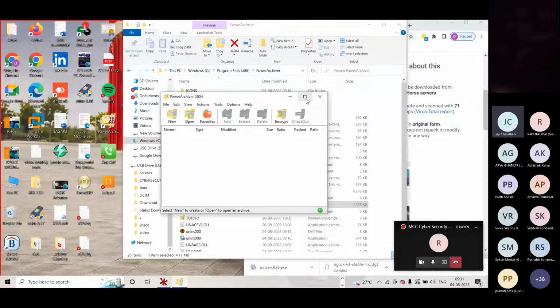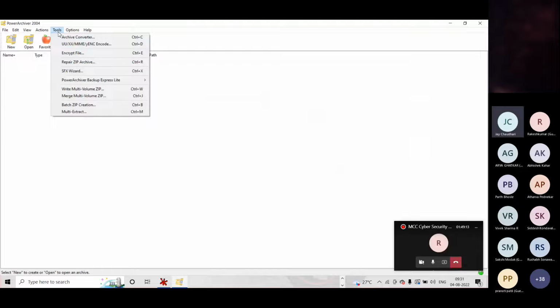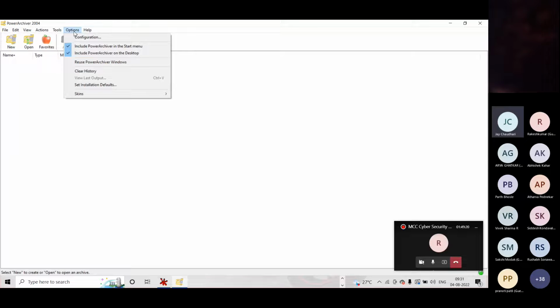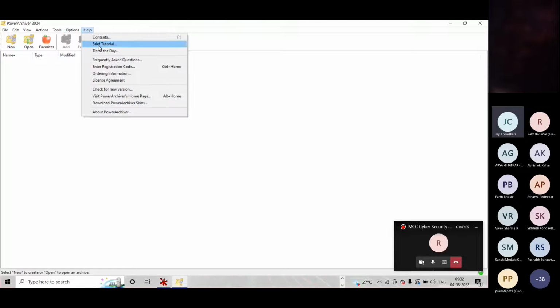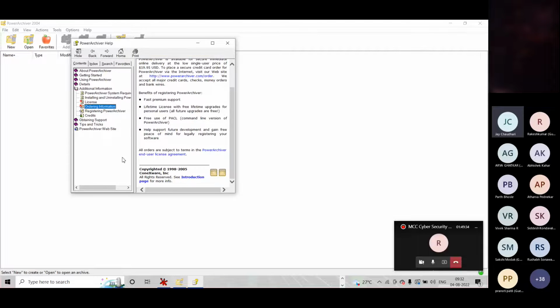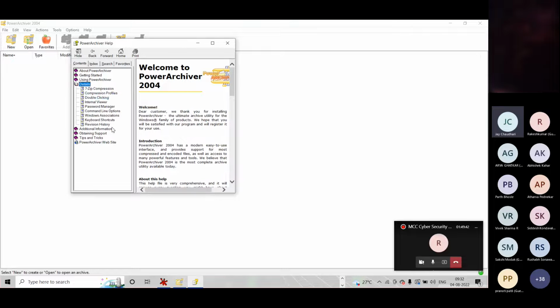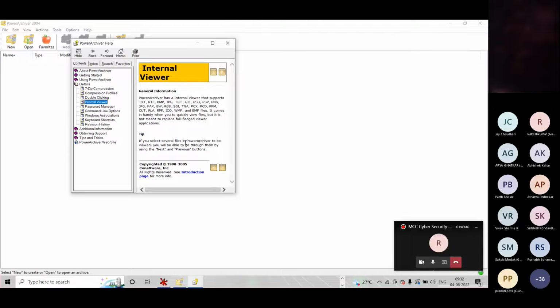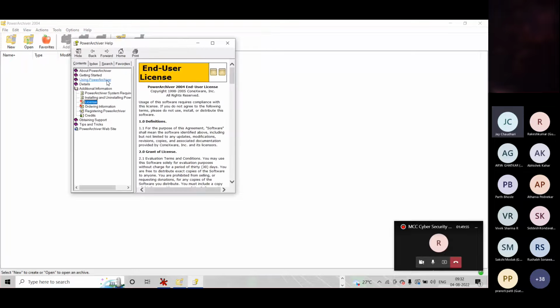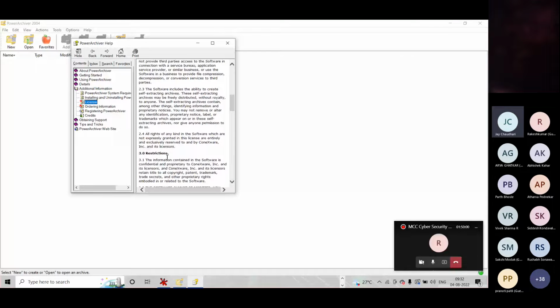ओके, सो यहाँ पे देखो, ये जो मेरा पावर आर्काइव खुल के आया, ये मेरा पेड वाला है। यहाँ पे मुझे कहीं पे मेरा इंफॉर्मेशन भी दिखाएगा कि मैंने यूजर नेम या फिर क्या कोड डाल के लॉगिन किया है। कॉन्फ़िगरेशन, क्लियर हिस्ट्री, इंस्टॉलेशन, डिफॉल्ट, स्किन, हेल्प, brief tutorial, entering registration code, ordering information यहाँ पे किधर होगा? एटलीस्ट नेम, वो सब पर डिटेल्स दिखना चाहिए कि मैंने क्या क्या डिटेल्स एंटर करके लॉग इन किया है। ओके, कहीं तो होगा। या फिर ऑप्शंस में हेल्प में जाके लाइसेंस एग्रीमेंट पे देखेंगे तो यहाँ पे भी नहीं है। ओके, बट अगर मैं इतना सब देख पा रहा हूँ, इसका मतलब वो मेरा परचेस हो चुका है।